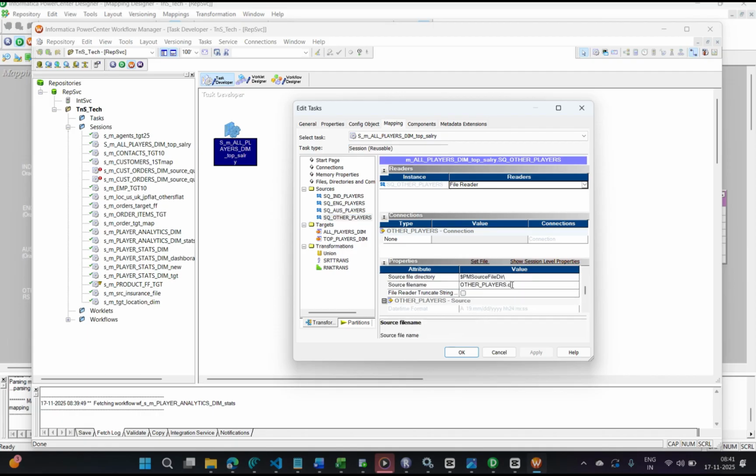Other players dot CSV. Sorry. Complete name you have to give, other players dot CSV. That is the file name, complete file name. And no need to change any other things. Simply that's it. And go to